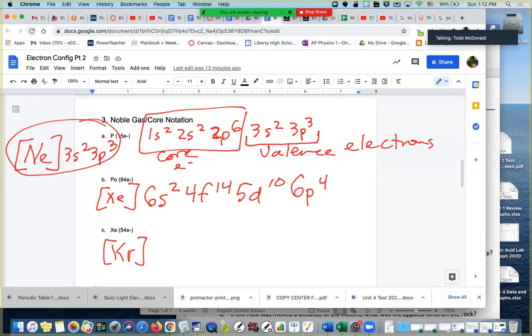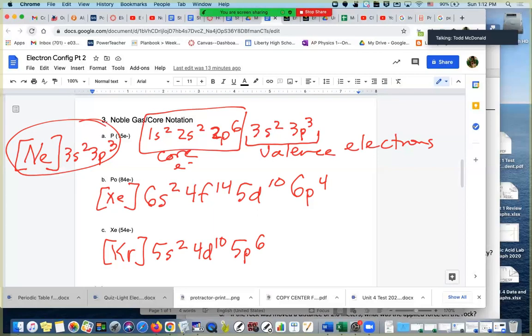So I put Kr, and then I tack on 5s2, see where I am, 5s2, 4d10, and then I have 1, 2, 3, 4, 5, 6. So 5p6. The whole point of the core notation is to really kind of show the last part of the